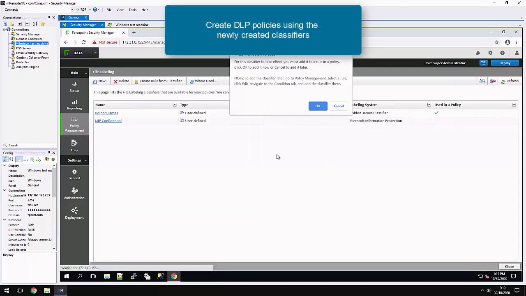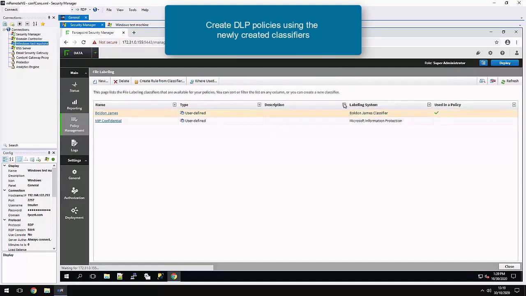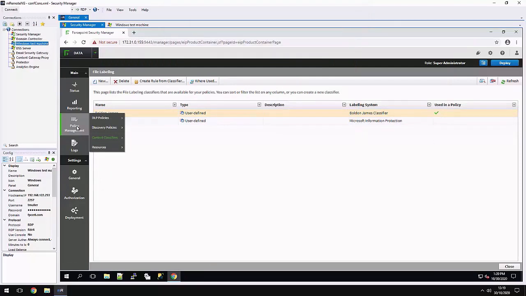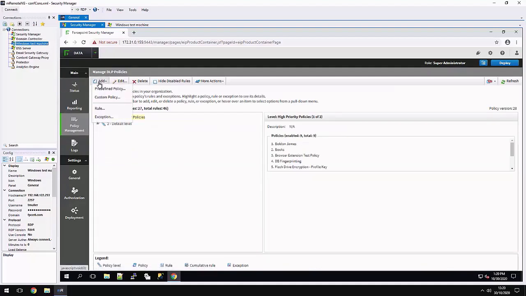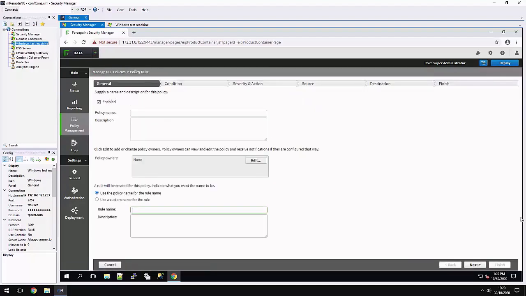We'll have a reminder letting us know that we have to add this to a policy. We're going to cancel this, select Policy Management, DLP Policies, Manage Policies. We're going to click on Add, and then Custom Policy. We're going to provide a name,